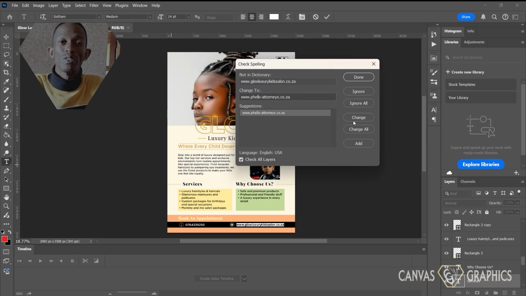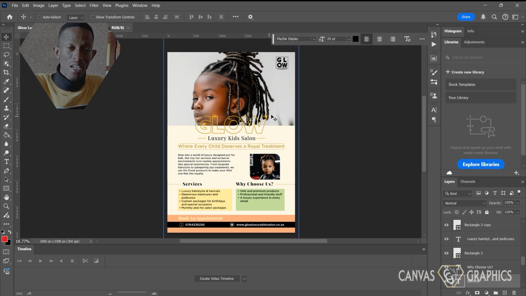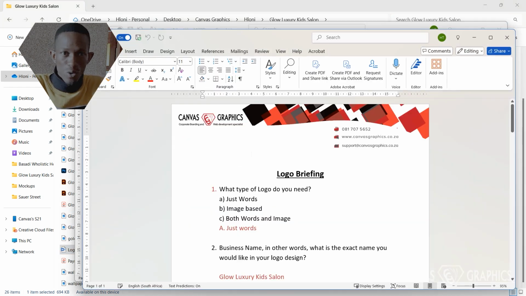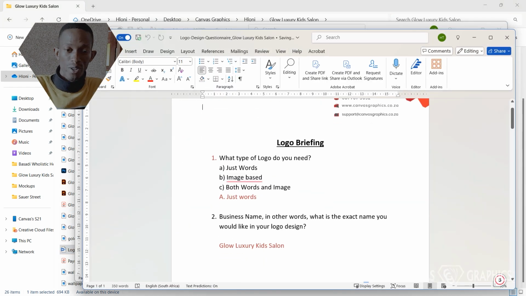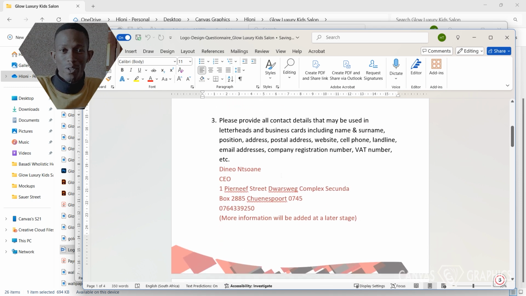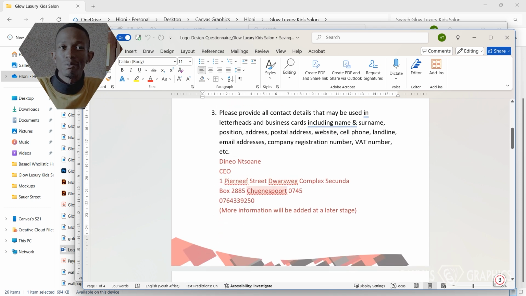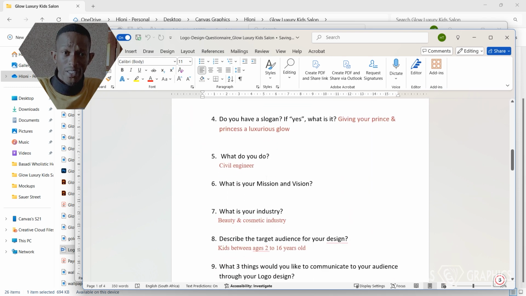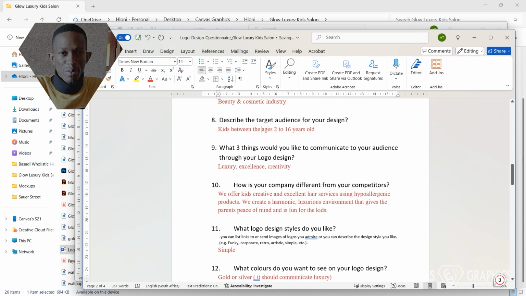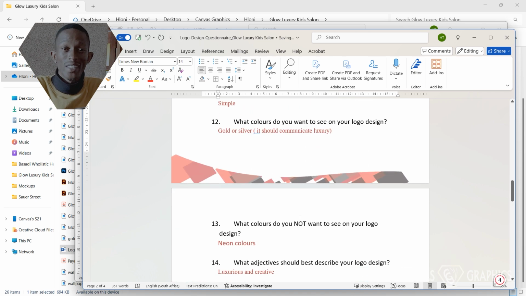But also, if you happen to be somebody who's briefing the designer, maybe do it in Word, which also has a spell check, and make sure that your work is properly done. Of course, these spell checks help with common words. We are in South Africa, and some street names still are not reflecting or are reflecting as red. So just make sure that, at the bare minimum, the English part of things is proofread properly, because you don't want to undermine the credibility of the message you're trying to get across